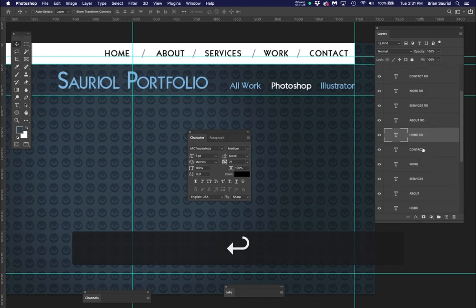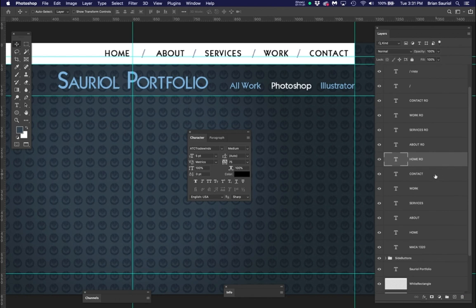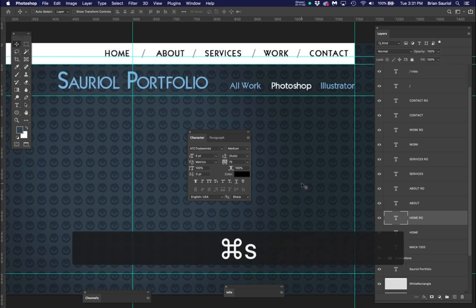So let's make the layer palette bigger. Take your time and get organized. The rollover for contact goes above it. The rollover for work goes above it, and so on and so on. I'm going to definitely check all your organization, because to me, to be a good Photoshop person from the very beginning, you need to